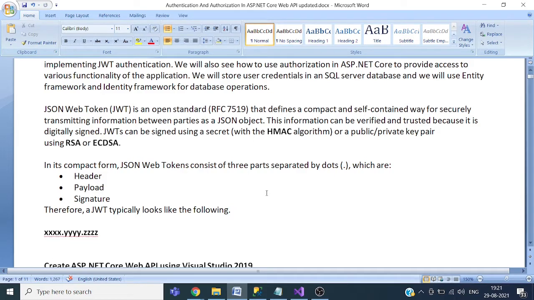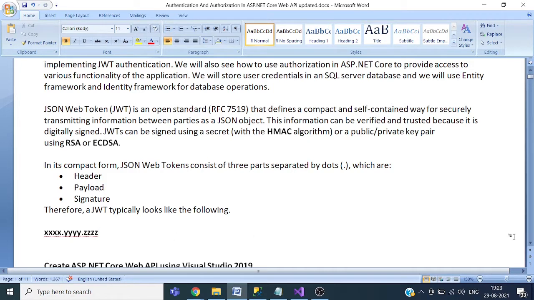On the server side, the server will validate the token, whether it is genuine or not, whether someone has changed the token or not. If the token is valid, then the requested method, or the requested API resource, will be allowed for the client. When the token is generated, we will set a certain date and time for its expiry. Until the token is expired, the client can access the resources using that token.